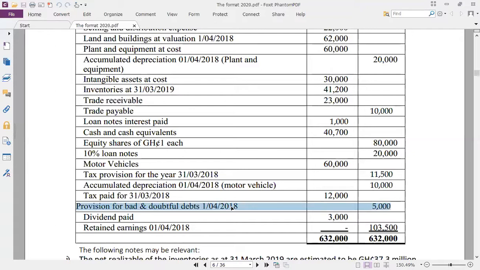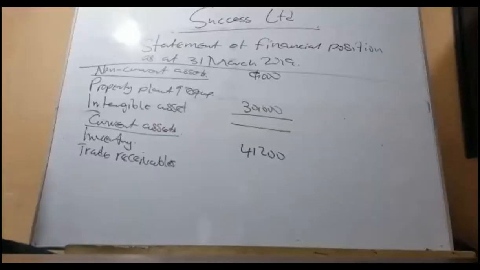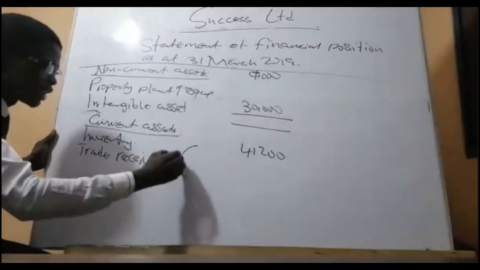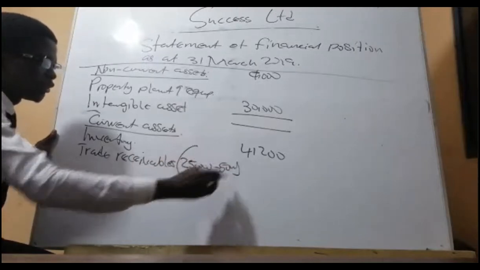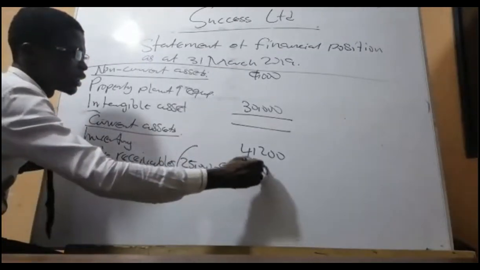You have 23,000 that people have to come and pay to you. Out of it, you suspect that 5,000 you're not going to receive. So what would be the amount that you were expecting, or the expected amount? 18,000. Cool. And you tell us how it got to 18. So it's the 25,000 less 5,000, and now that gives us 18.